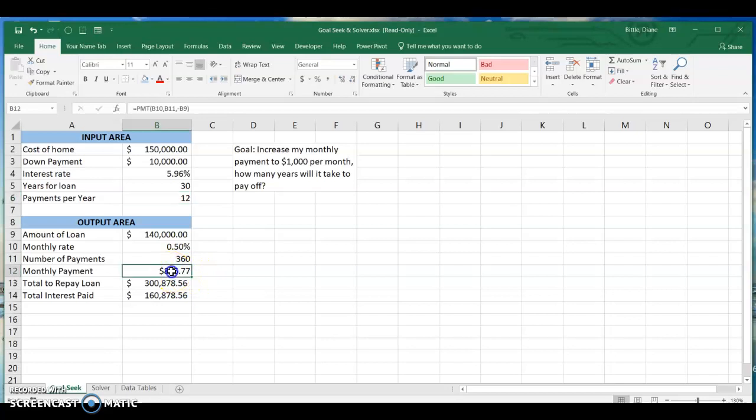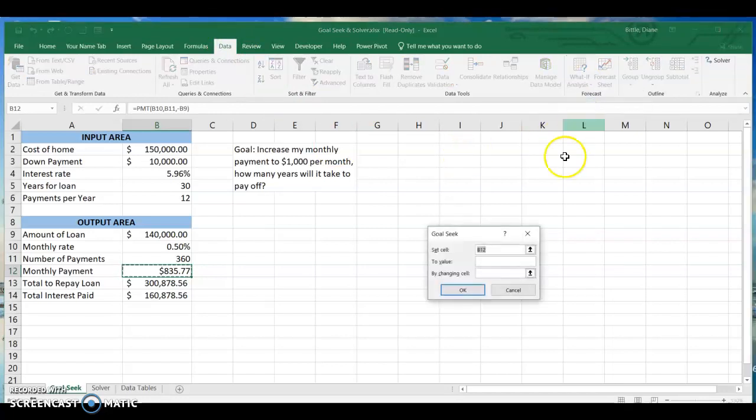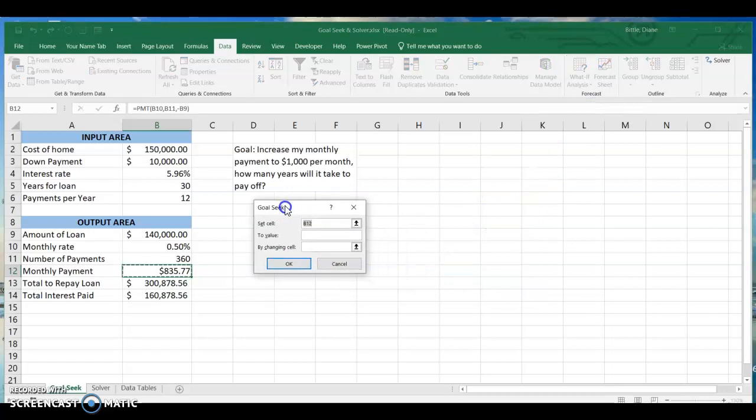So what you do is you select the cell that has the formula that you know the answer to. So I'm going to select B12 because that's my monthly payment. All right, I'm going to come up here and do Data, What If Analysis, GoalSeek. Okay, so what I want here is to set the answer to my formula, it's in B12, to